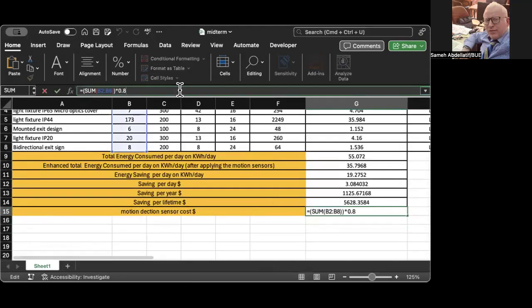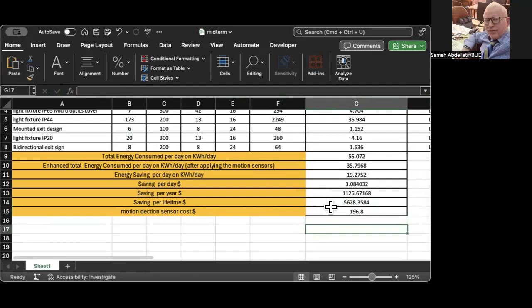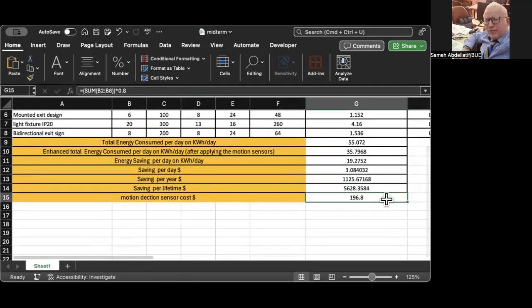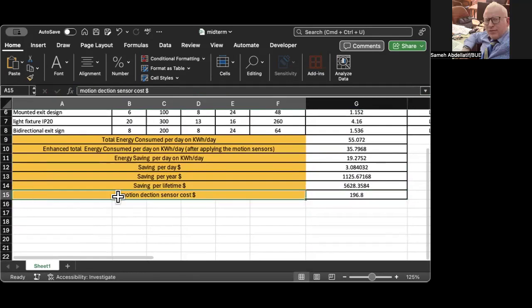So as you can see, it's a very effective solution. When I sum all these numbers, which represents the overall quantity of lighting sources I have, and I multiply them by $0.8 per 1 unit, I get here the total amount of money needed. Then I can say simply